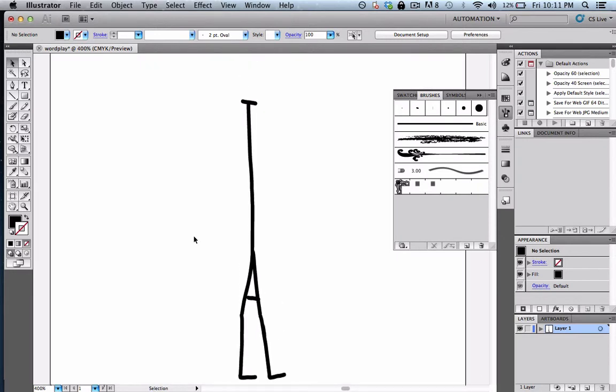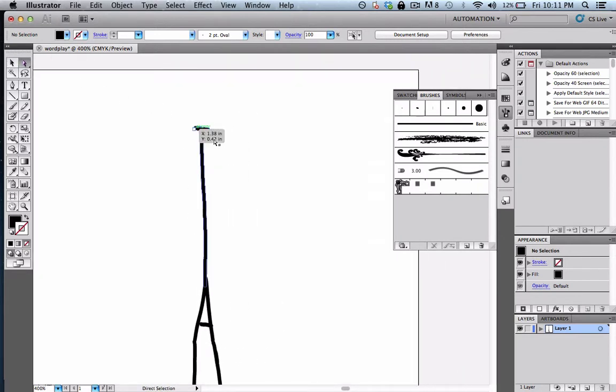And I can still, with my direct select tool,